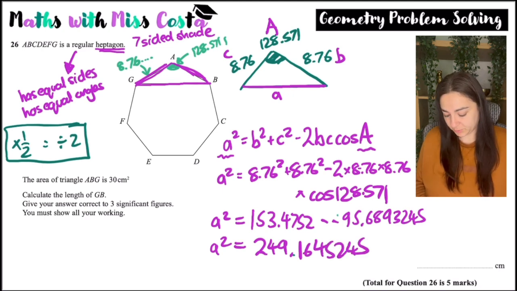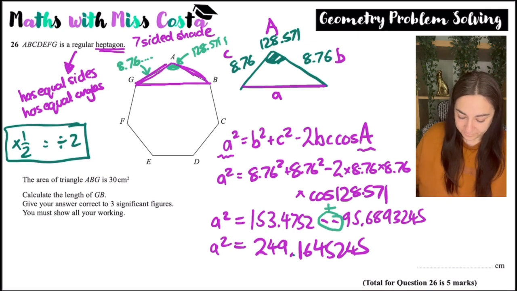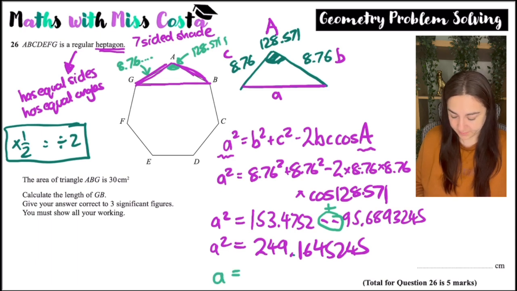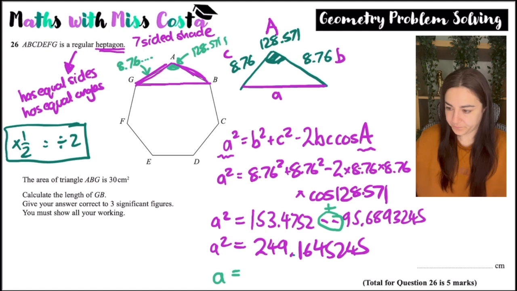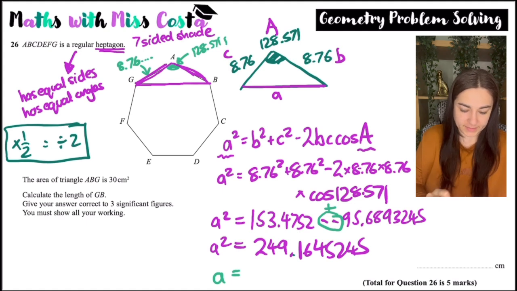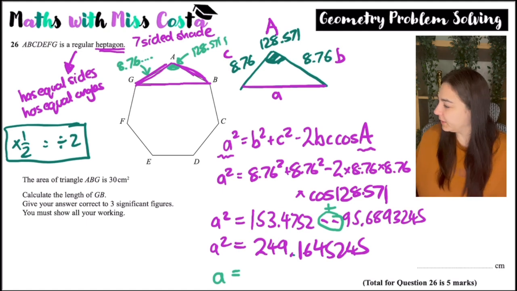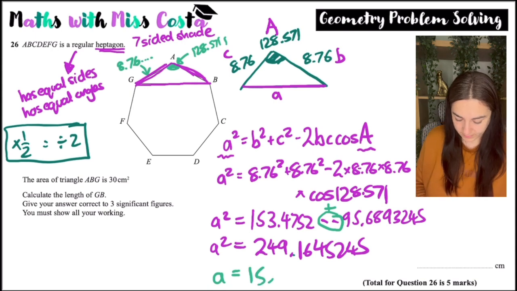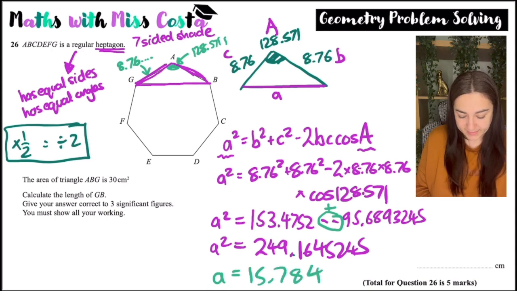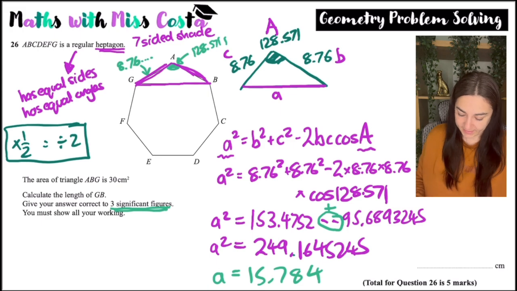Remember that because you're subtracting a negative, you're actually going to end up adding it. And then if a squared is that, then a is going to be the square root. So the square root of answer is 15.784, and it says correct to 3 significant figures, so that would just be